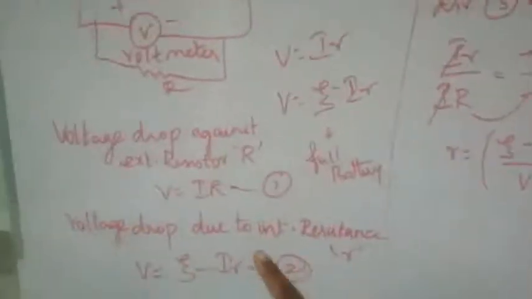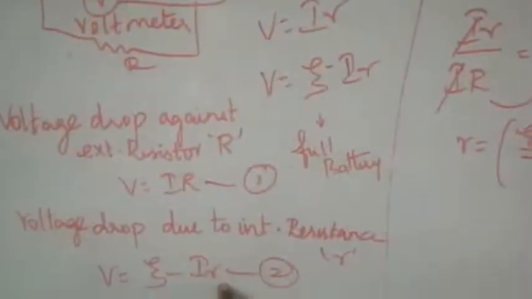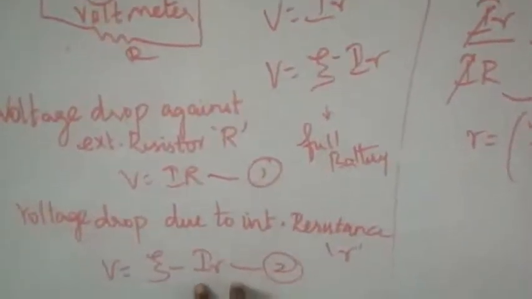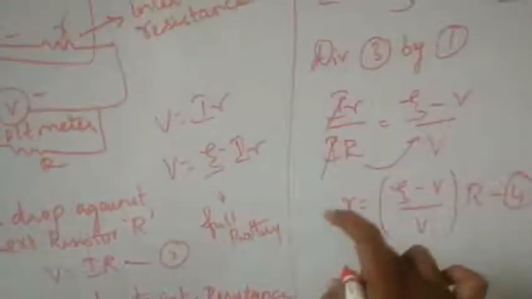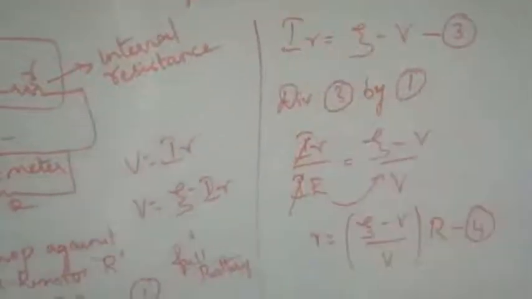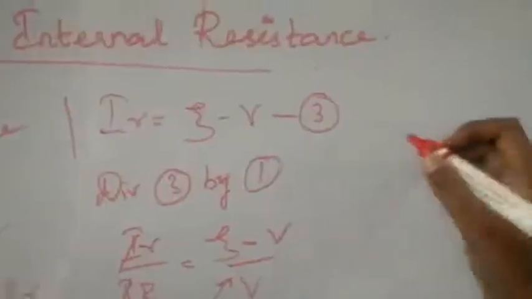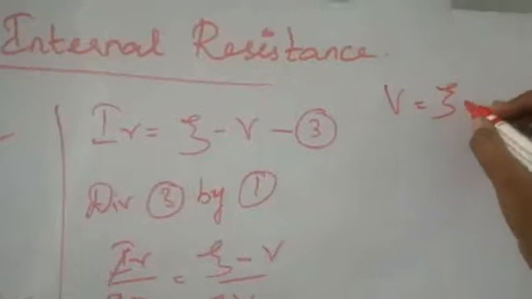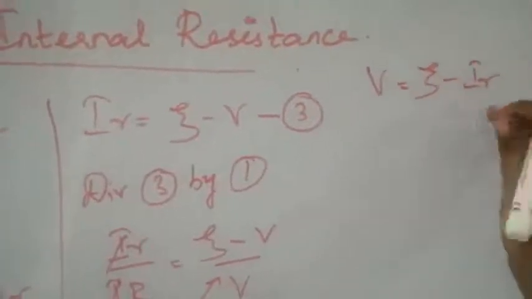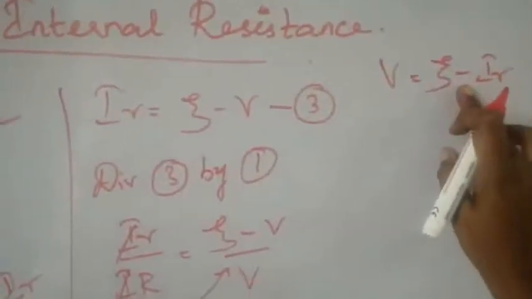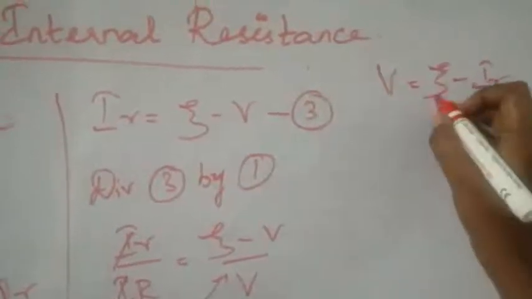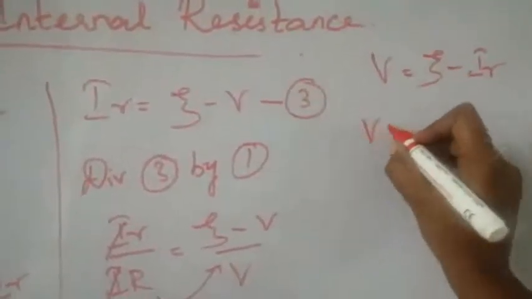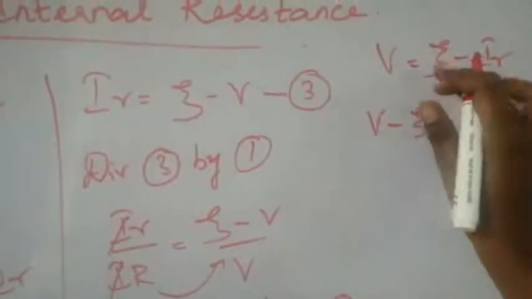So I actually want to find the internal resistance, this r. I am going to keep this on one side and bring the other term to the other side. From equation number 2, V is equal to psi minus Ir. I keep this Ir, which has a minus, as it is. Bring this psi alone to the other side. It becomes V minus psi, because psi is positive here.